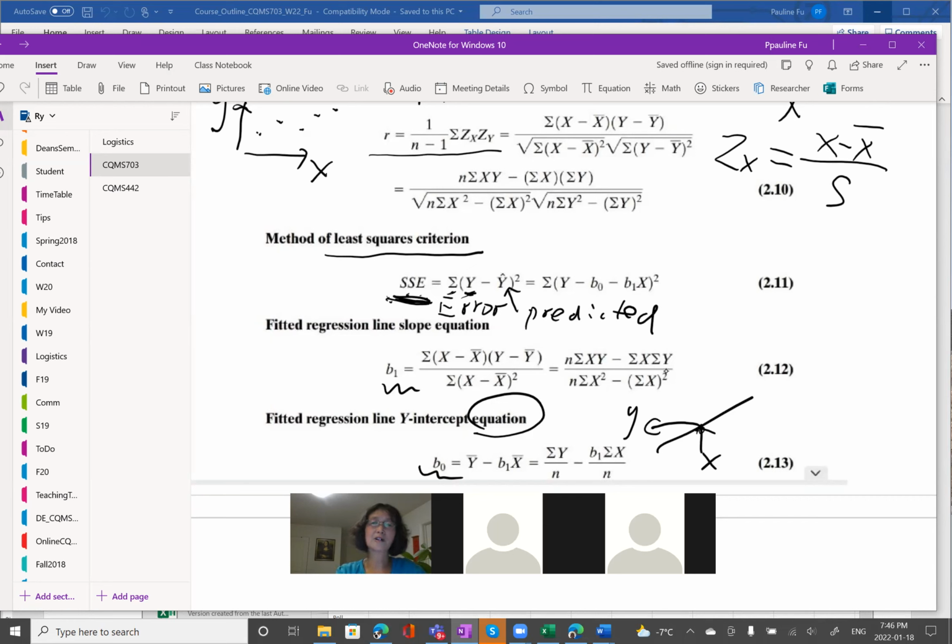In forecasting, we want this SSE to be as small as possible. When you do forecasting, you usually use several different methods, for example 3 different methods. Which method is the best? There are several factors. One factor is which method will produce the smallest SSE. The smallest SSE indicates a good model, a good forecasting technique.